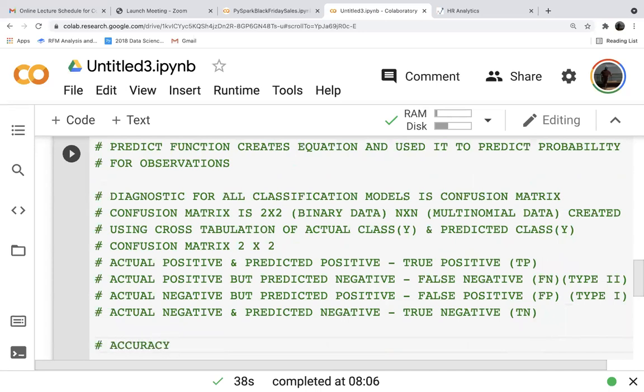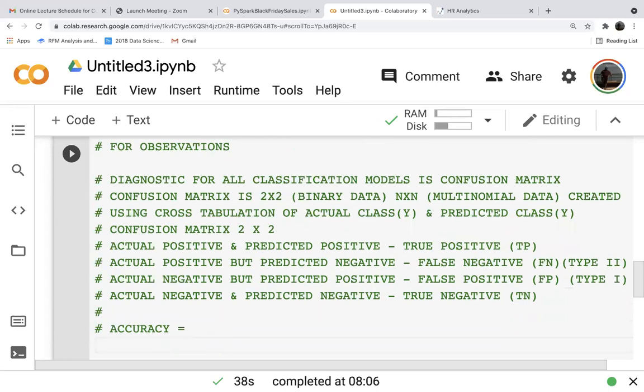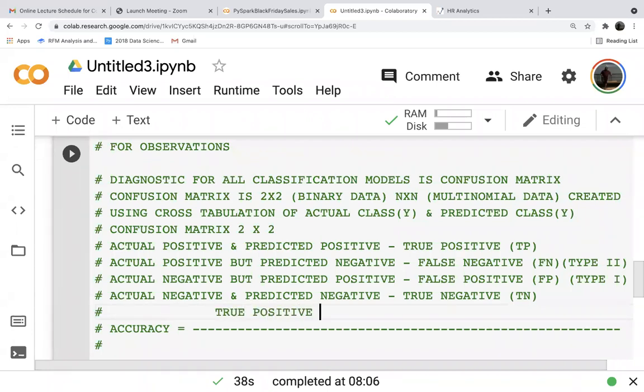What is accuracy? Accuracy is equal to... what is the formula for accuracy? Can anybody tell me? It is true positive plus true negative, divided by all the observations.